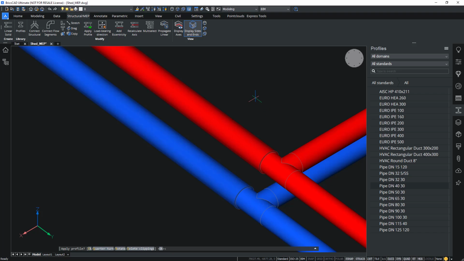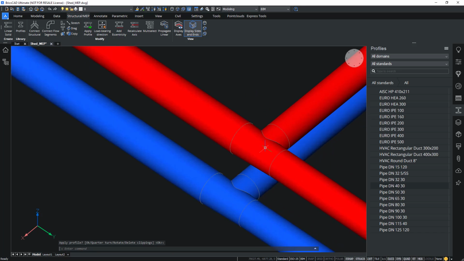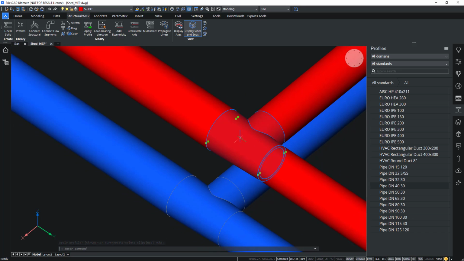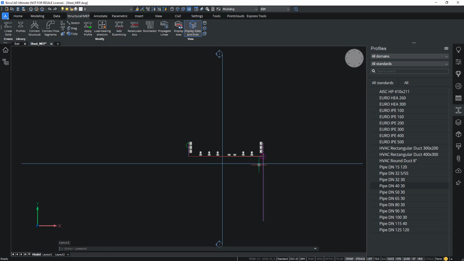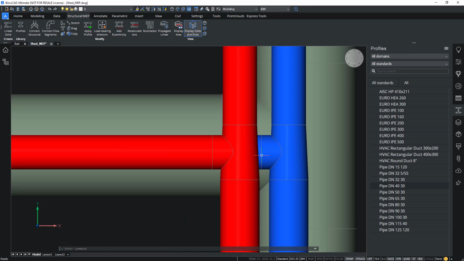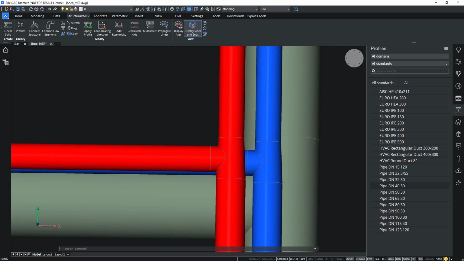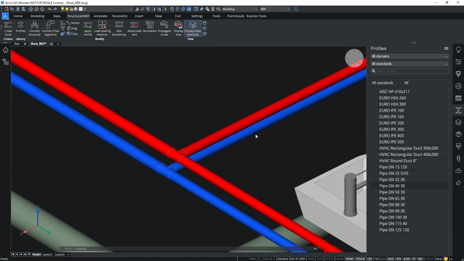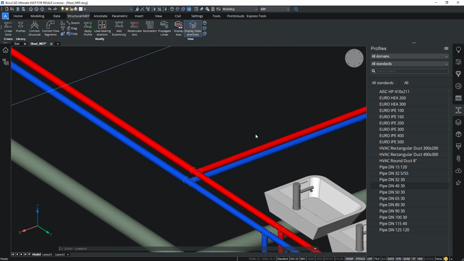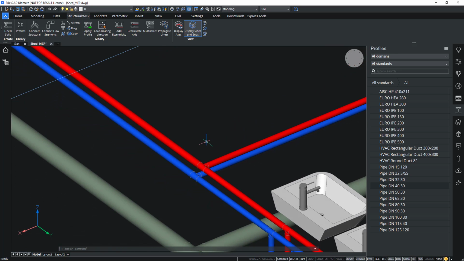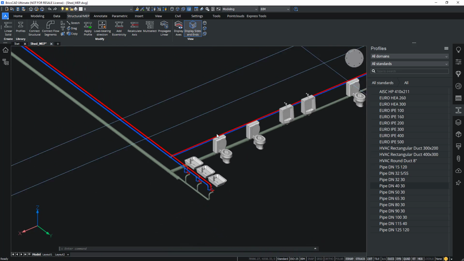In this case, I'll press enter. And you see here that these T's automatically became reducers. So if I go in top view, you can clearly see that they become wider. So it's a reducer and a T in one. So depending on the situation, it will create new reducers in between, or turn existing fittings like these ones into reducers.